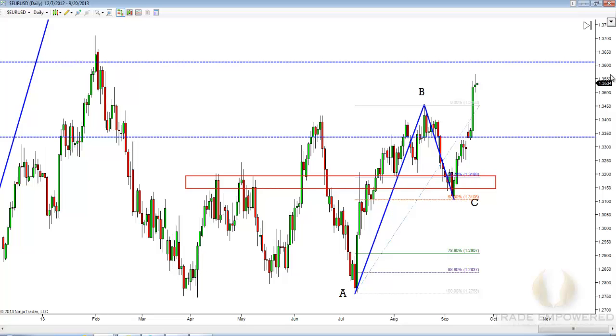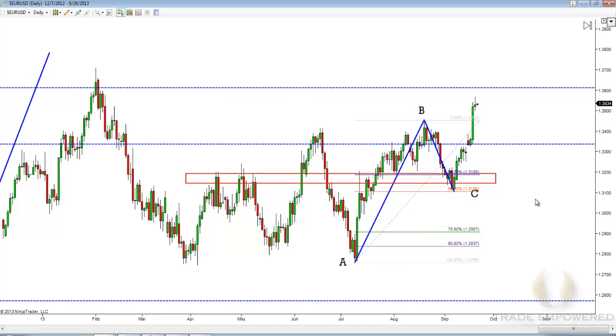Now the next thing I want to do is predict where this market is going to go next. What do I have right here? Well, I have a higher high, higher close, right? This candle breaks and closes above our previous structure high right here at our B leg. So my prediction is that the market is going to go higher. We're going to start this bullish trend, but where is it likely to go to? Well, that's when I bring my Fibonacci retracement tool on. I'll take it from my swing low to swing high, my A leg to my B leg,